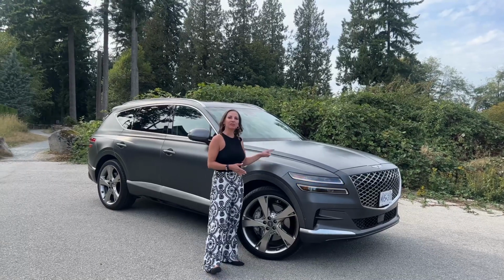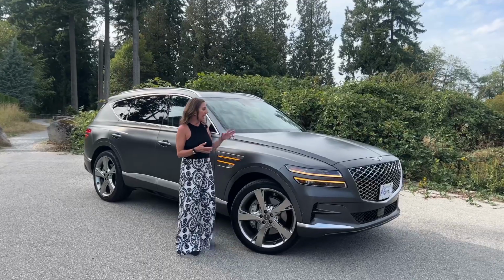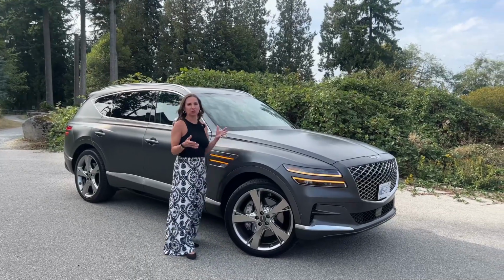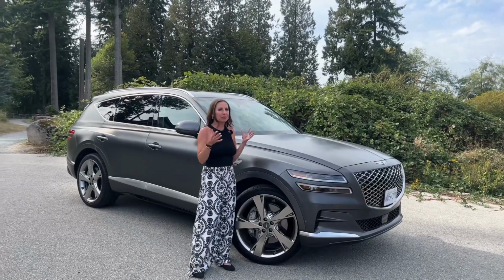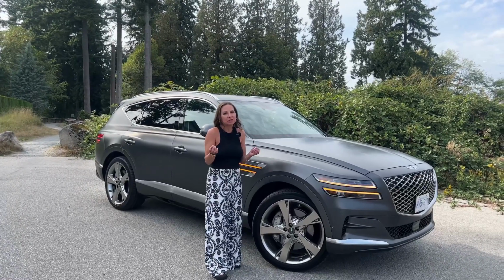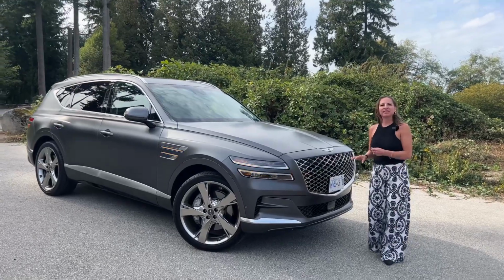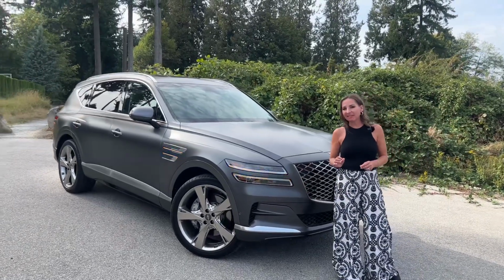I will say I have not had this gorgeous Melbourne matte gray before. I absolutely adore this color. It looks so chic and beautiful. It just screams premium SUV to me. It has the big, beautiful Genesis grille, but I'm a little disappointed this doesn't have the optional